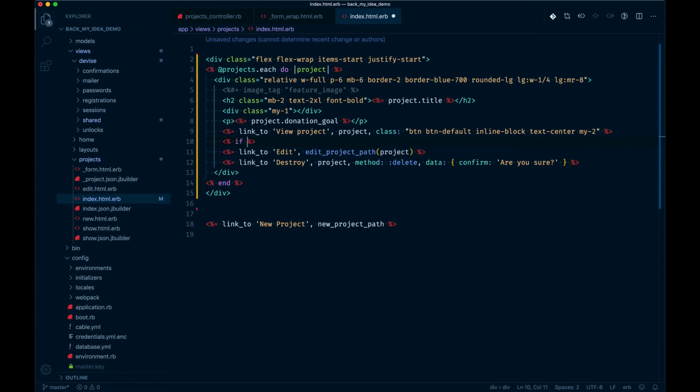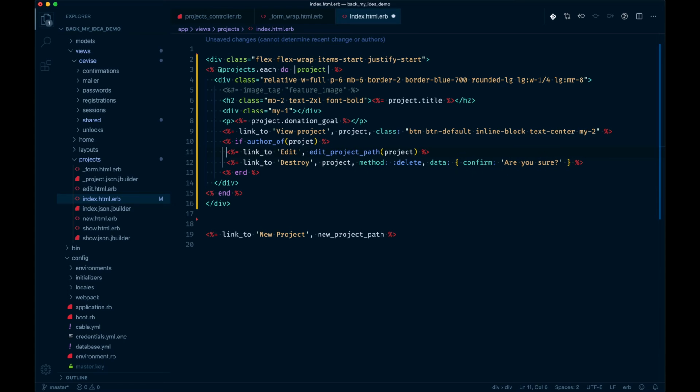I call it if author of, which is a unique or convenient way of checking if the current user is the author of the resource you're checking. So in our case, we're going to pass project through. Now, I don't have this method created yet, but I will create it coming up. But essentially, I don't want the person who hasn't created this project to do any type of changes to it. So we'll just say